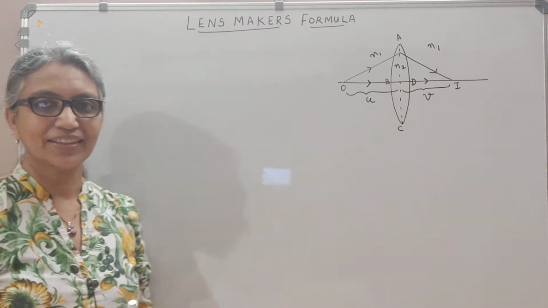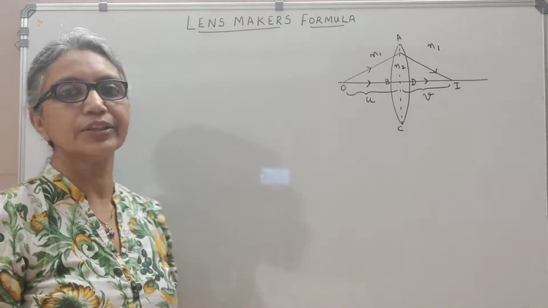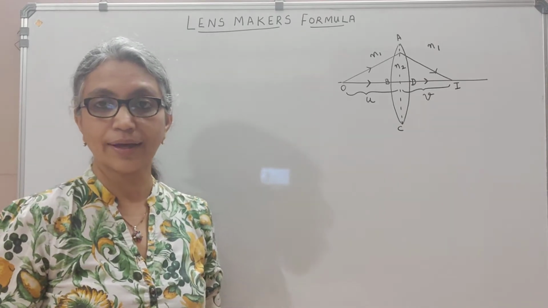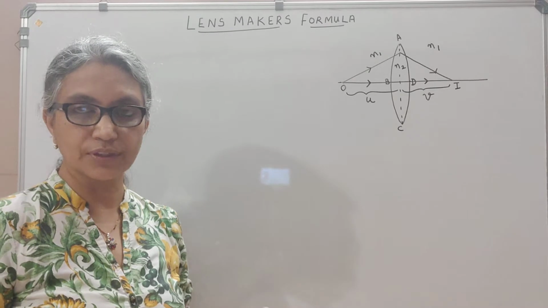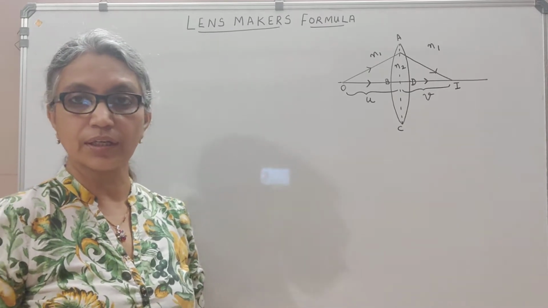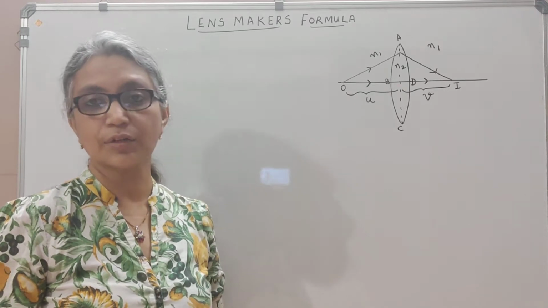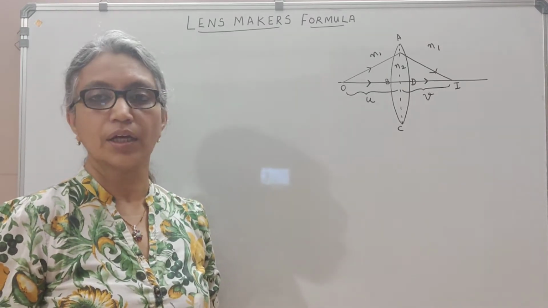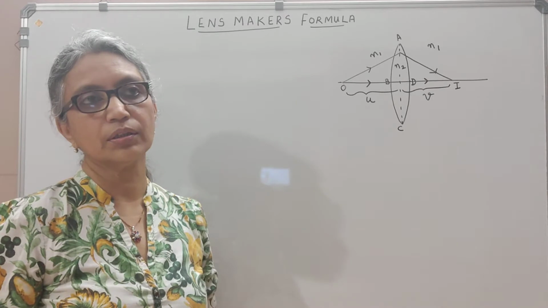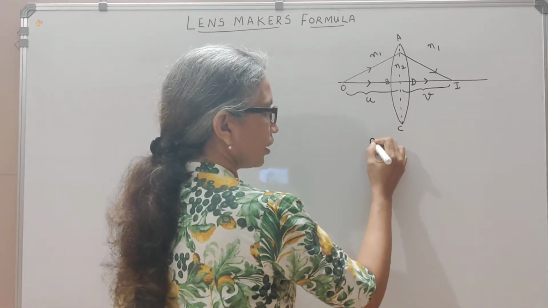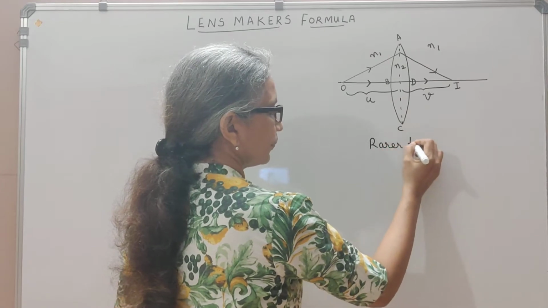Good evening. We're now going into our new topic, lens maker's formula, for which you need to have a good knowledge of the previous session. That is, where we discussed a ray of light passing from rarer to denser medium, refraction occurring at convex surface, and also the formula we got for rarer to denser medium.